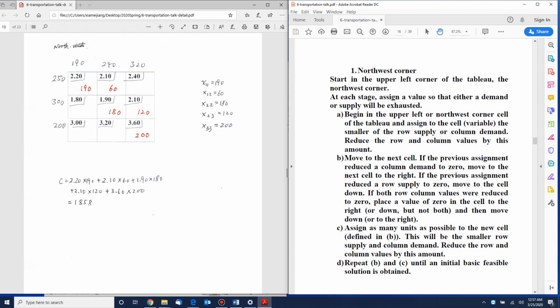We only have this 3 by 3 table here. If we have more, we just follow it along the row, do it, then move down one row and start again. You can read the details about the northwest corner method, and it's very easy to understand. Compare with this example we filled in. Here you could look at the cost. When we built up the initial tableau, you could see the total cost is